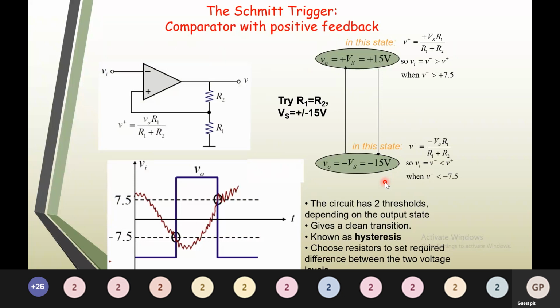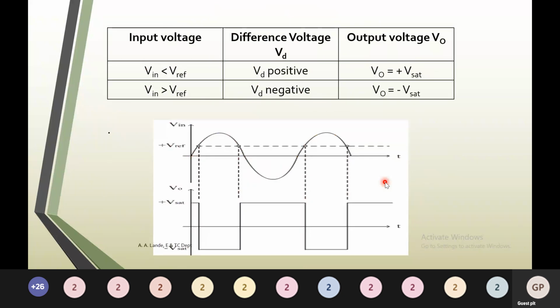Why it is called a regenerative comparator: whenever there is a small fluctuation in the input signal, whenever noise is added to the input signal, there are chances that our output also may fluctuate. You may get some unwanted spurious bursts at the transition. Now here the signal is very smooth, and therefore whenever there is a transition from higher to lower or from lower to higher, when it crosses the reference voltage, you have a transition here. Suppose you have some noise here. Whenever there is noise, it will go high and then come low, again go high and come low. Similarly, here also you may have like that.